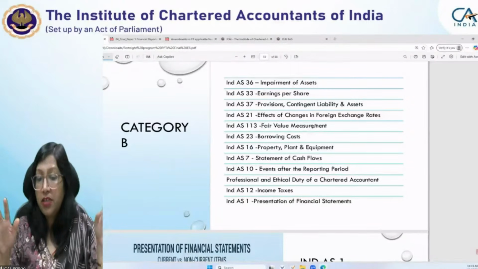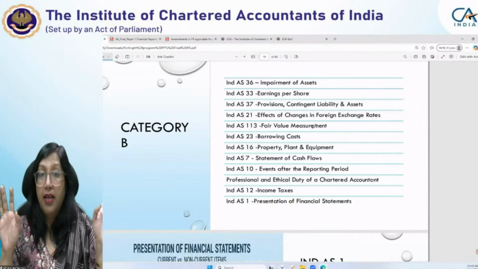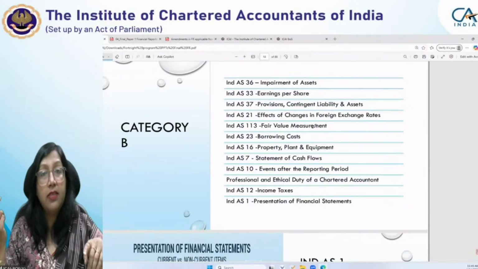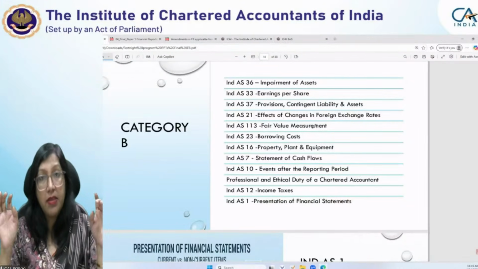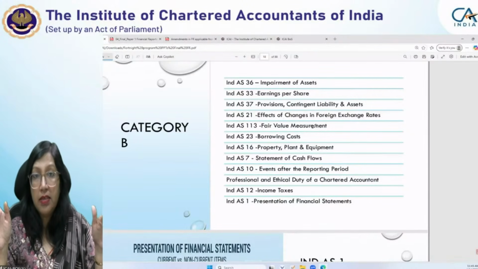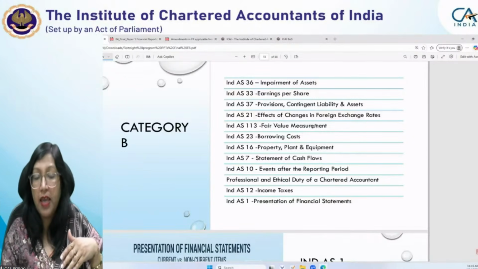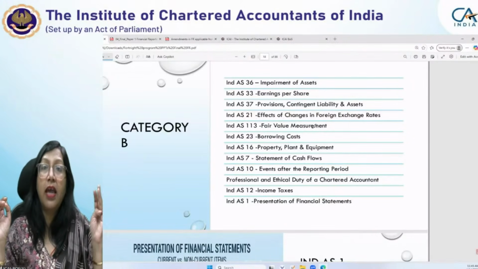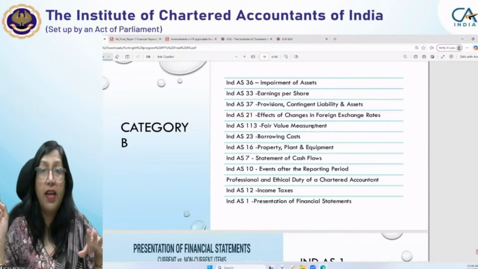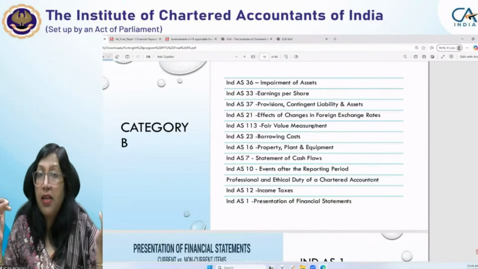इंड एएस 12 में सिंपल सा इंड एएस 1, प्रेजेंटेशन ऑफ फाइनेंशियल स्टेटमेंट। देखो ये स्टैंडर्ड जल्द ही बदलने वाला है। अभी आईएफआरएस में तो आईएफआरएस 18 आ गया है, प्रेजेंटेशन एंड डिस्क्लोजर वाला। पर लेकिन अभी हमारे पास इसका नोटिफाइड नहीं है। हम काफी एडवांस स्टेज पे हैं। एनएफआरए से पास हो गया है, एमसीए के पास है, नोटिफाई के लिए पड़ा हुआ है। कभी भी नोटिफाई होके आ सकता है।